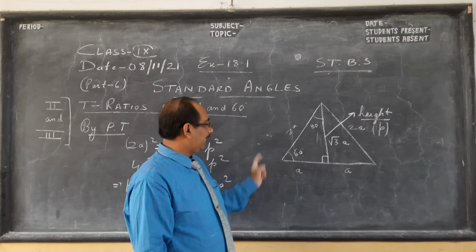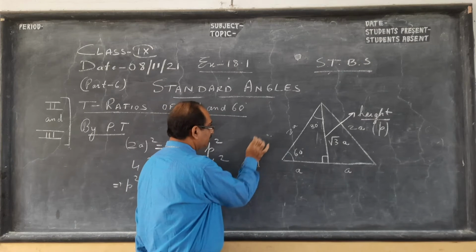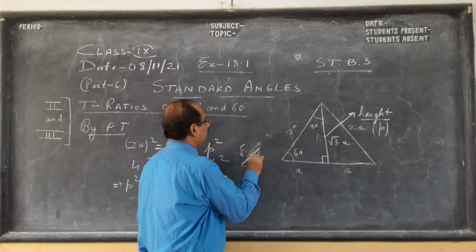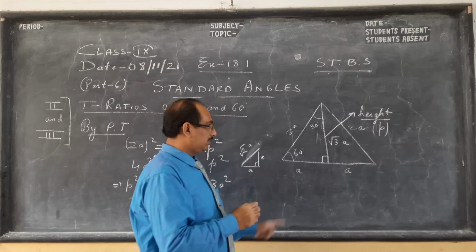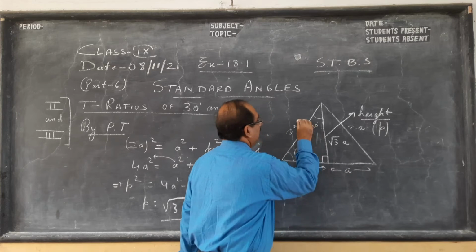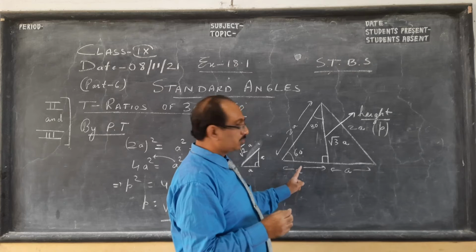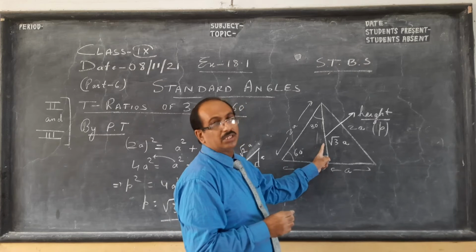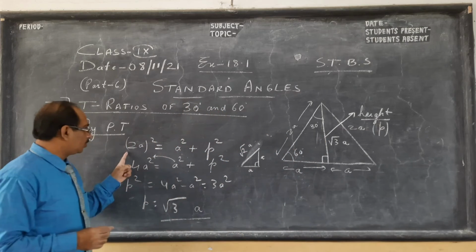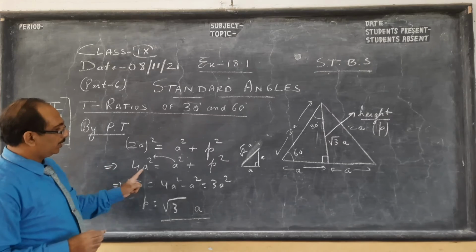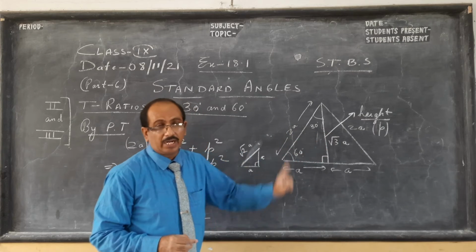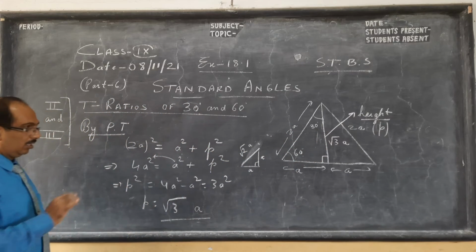Remember, in the previous part, these two were equal, a, and this was root 2a. And here, this is an equilateral triangle, so this is a, and each side of the equilateral triangle is 2a. So if this is a, this is 2a, this will be root 3a. I have shown you. So p square plus this square is this square, so we get 4a square equals a square plus p square. So p means perpendicular here. I am not using h because h is for hypotenuse. So this is how we get the height.